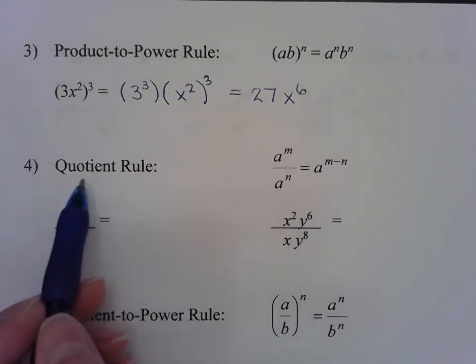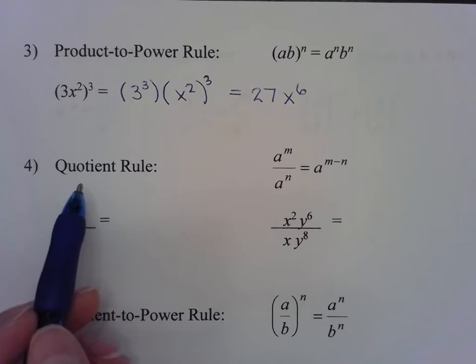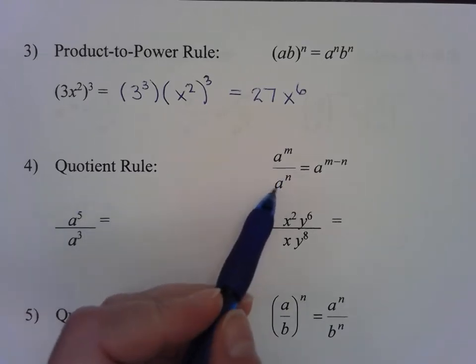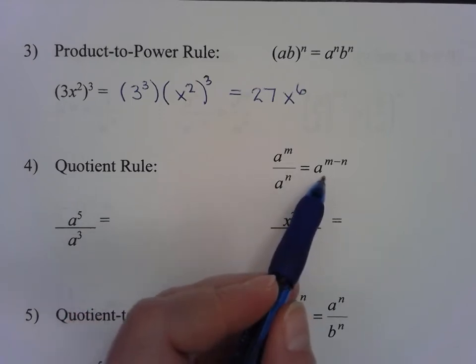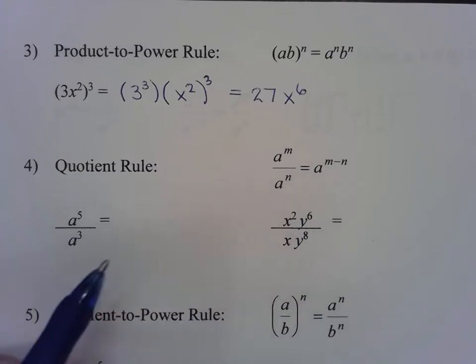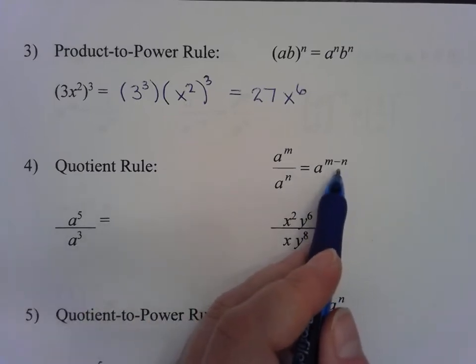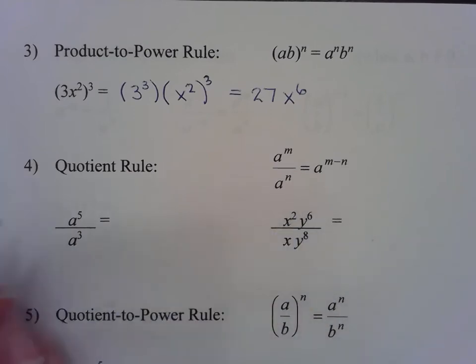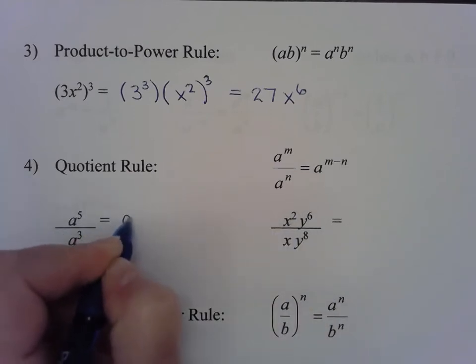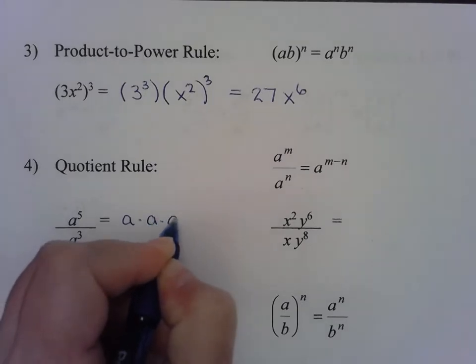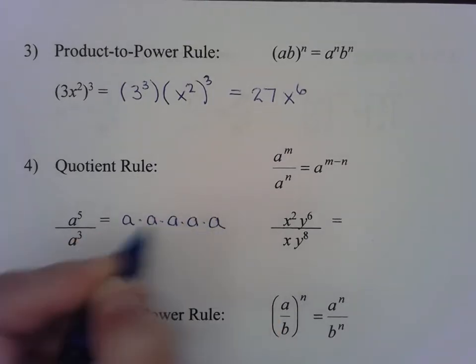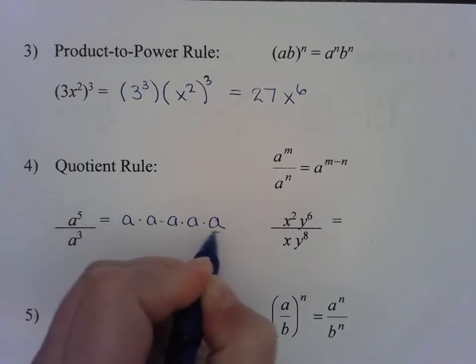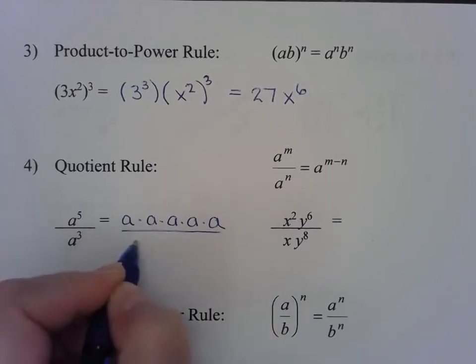Okay, just like we had the product rule in number 1, its pair, its opposite maybe, would be the quotient rule. So now if I'm dividing a to the m divided by a to the n, I can subtract the exponents, right? So this subtraction kind of pairs up with the idea of canceling. Let me show you what I mean. If we have a to the 5th, which would be like having 5 a's in the numerator, 1, 2, 3, 4, 5, divided by a to the 3rd,